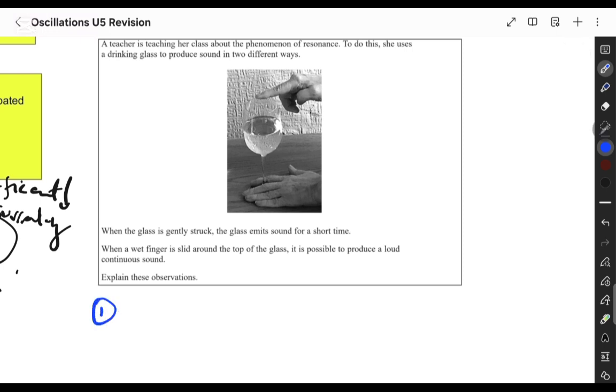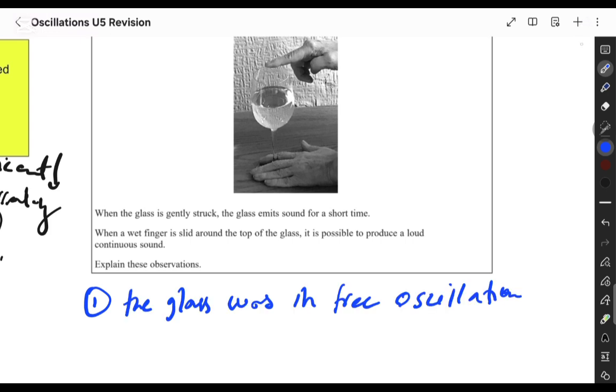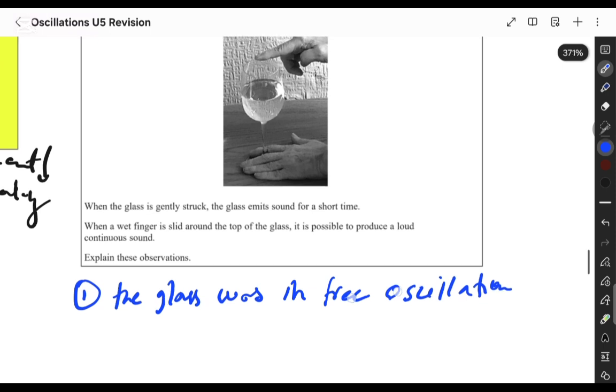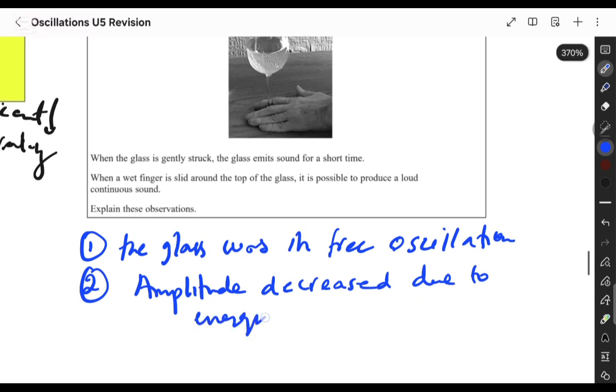The first part you have to explain is that gently struck means that it is a free oscillation. You just struck it, the system moved for a bit. Free oscillation is better to write. So the glass was in free oscillation when the glass was gently struck. Second point, the amplitude decreased due to energy transferred to surroundings